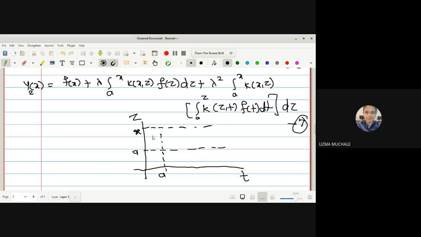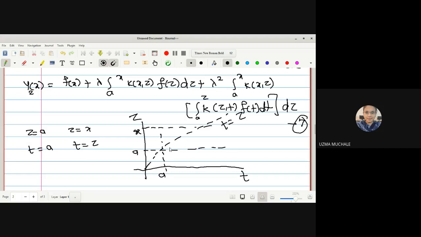Okay, and we are saying that the t will coincide with the z. T and z will be equal at this point, no? Equal to z. Okay, so we can have, this is what your zx is. Now here the limits of integration we have written. Now if you remember how we are going to change the limits of integration, z is from a to x and t is from a to t equal to z. Okay, t equal to z.